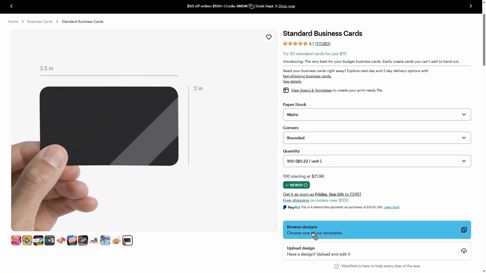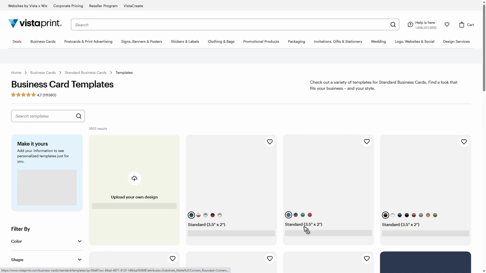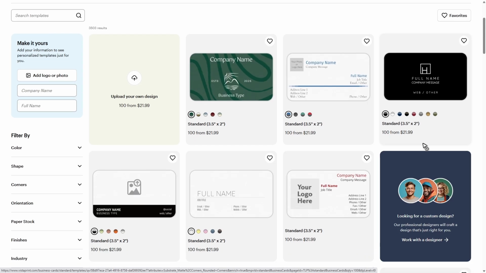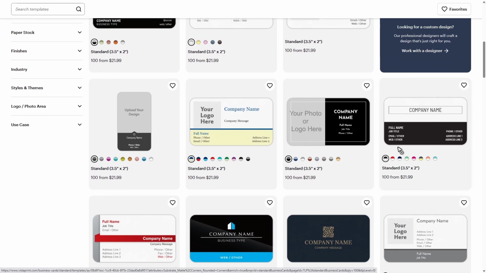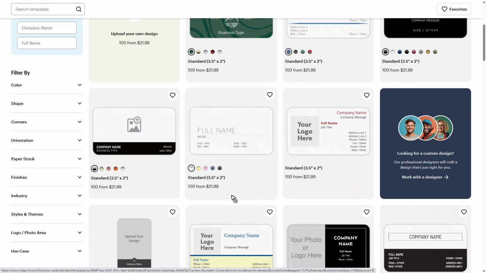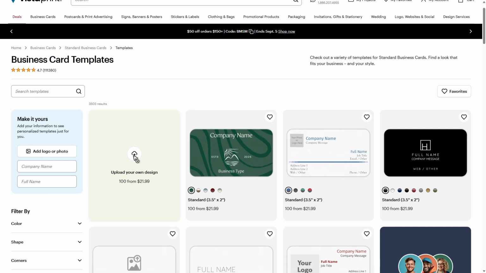Now, for example, you'd want to browse designs right here. As you can see, you have these templates that will let you pick two colors in it. For example, this one, you have the darker green and green here, or white and brown, like red and gray, like so. For example, this one right here got multiple choices. So you could go ahead and choose these options, but if you only selected maybe upload your own design,